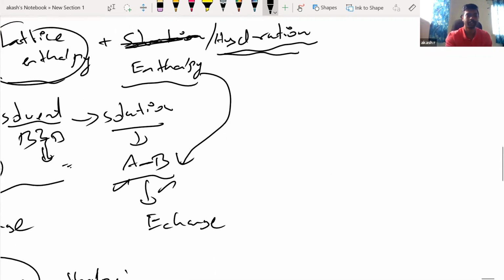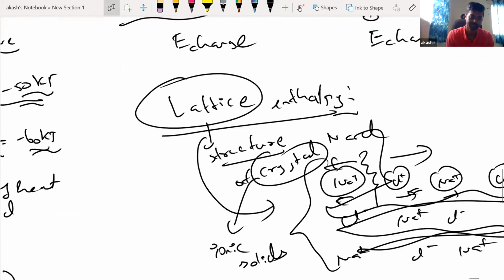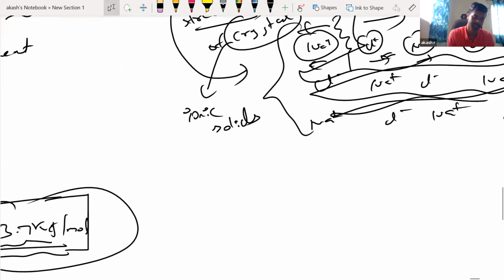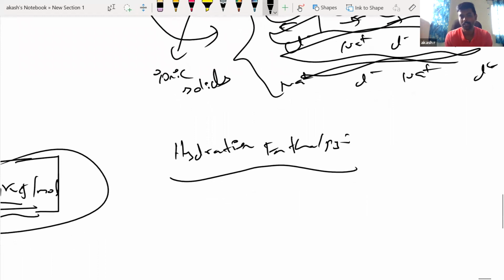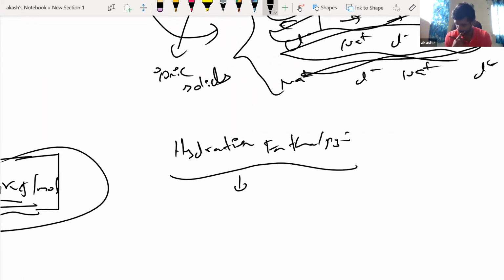Right. Okay, now we'll try to define your hydration enthalpy. So in hydration enthalpy, how do we define this? Let us try to get a proper definition first. Take it down, people. It is the enthalpy change occurring when